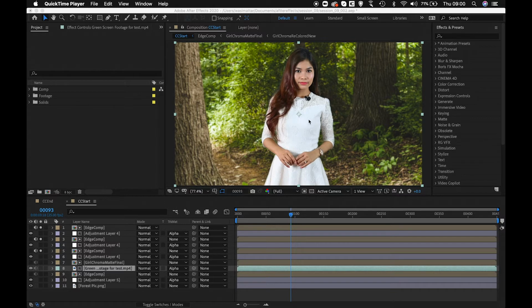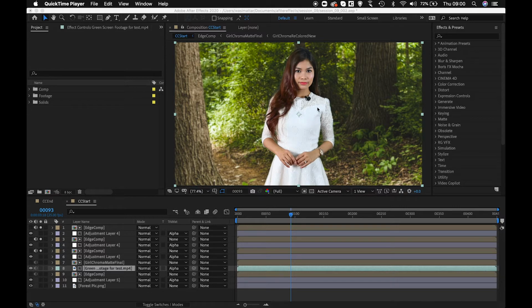If you see right now, it's quite mismatched, and no matter what we do, the mismatch will still be there because this is not a planned shot. This is a shot which has just been taken randomly. So let's see the process, or the commonly used steps, that compositors or motion graphics artists normally use for matching this kind of solution. If you have a foreground and a background, I need to match them.